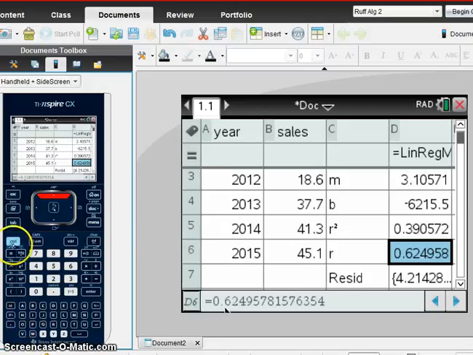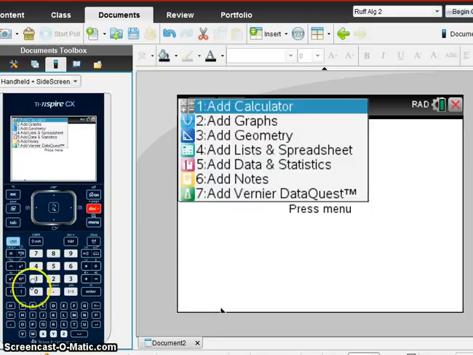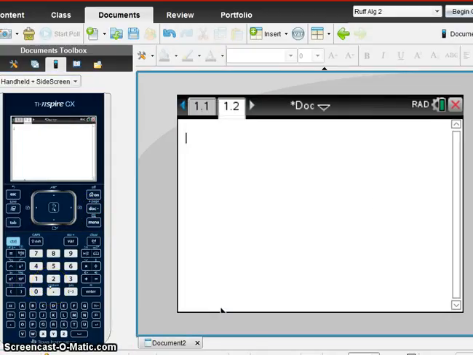To do that, you press Control Doc. We're going to add a calculator page. This is where you do all the normal calculations. Okay, and remember I told you to remember where it's going to save our equation. It saved our equation as F1. So we're going to type in F1